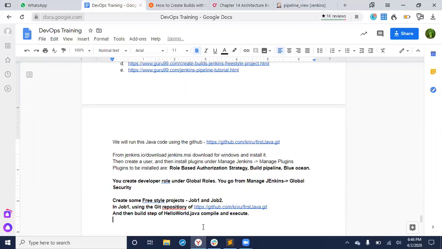So what are the steps we will use? javac, all small letters, javac HelloWorld.java. So the way it works, whatever folder you're pulling from Git, it automatically assumes that location in Jenkins. So you don't need to give a specific path. So it works in that way.